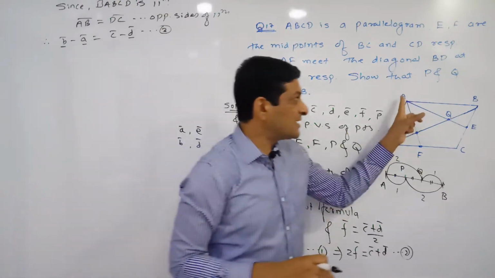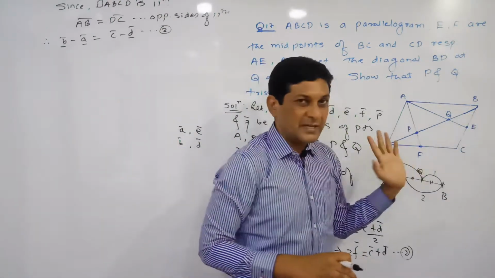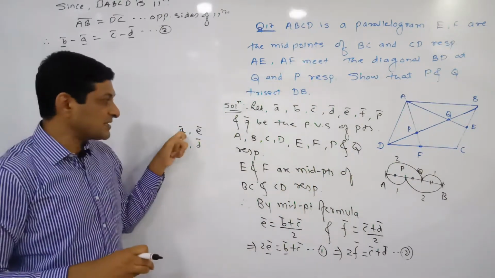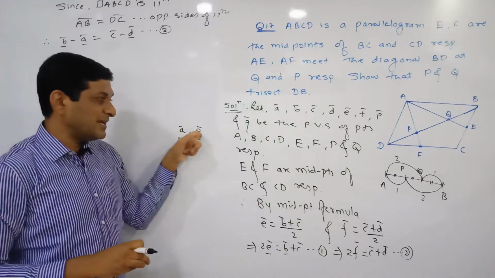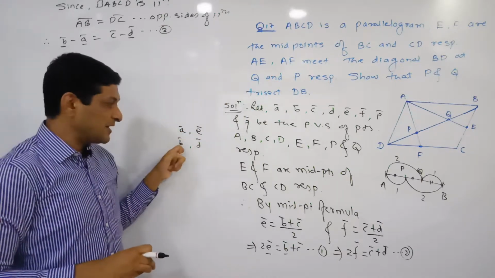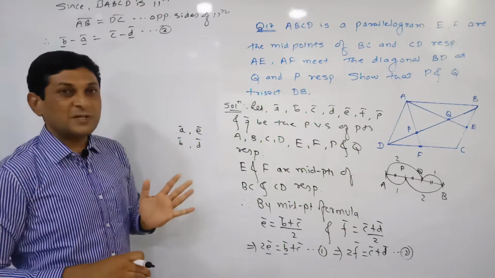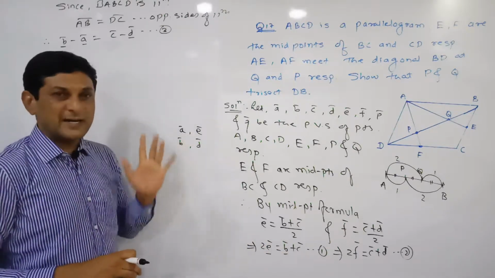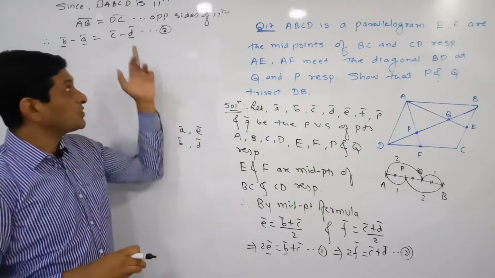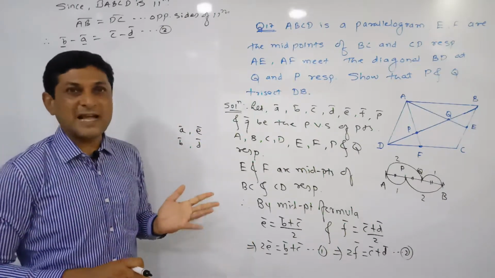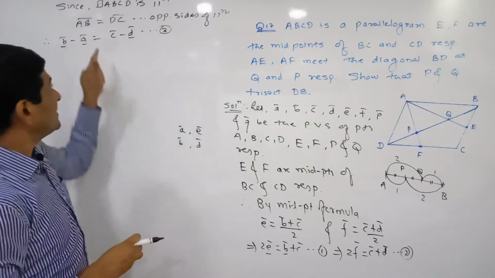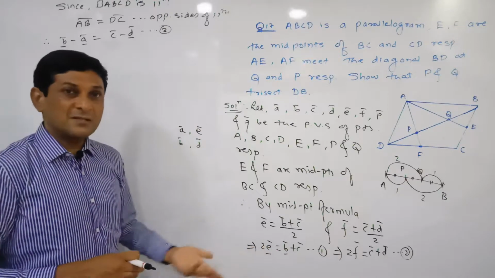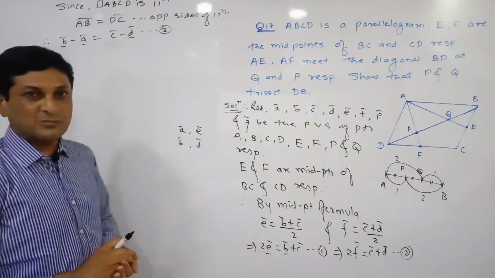Our result is related to which two segments? AE and BD. If you observe these segments, in the case of AE bar we will require A bar, E bar, and in the case of BD bar we will require B bar, D bar. Which vector is not required? C bar is not required in our required result. So we have to solve these two equations in such a way that C bar gets cancelled. Its coefficient is +1 here, and also +1 here, so to cancel C bar we have to take the subtraction of these two equations.